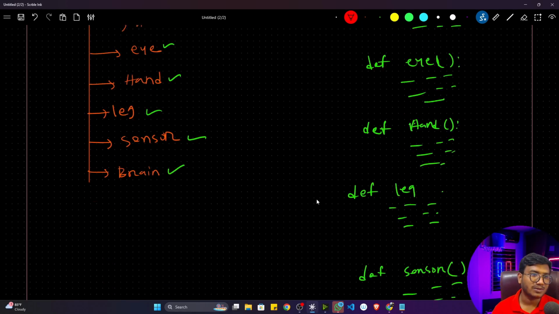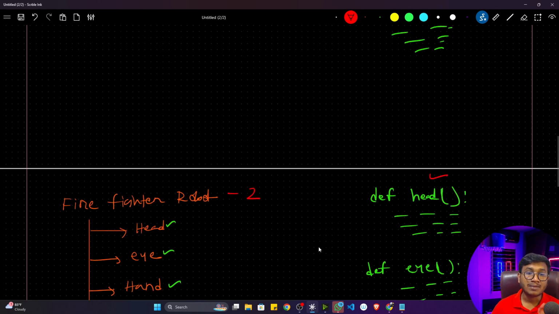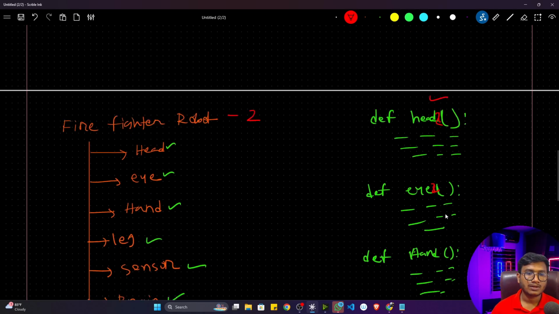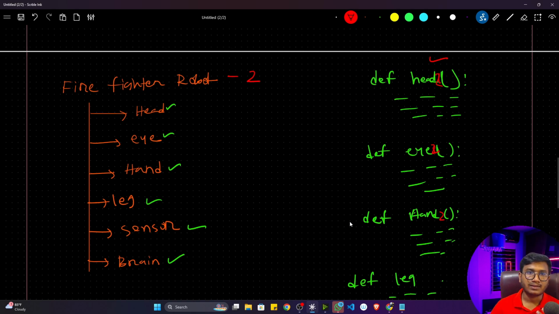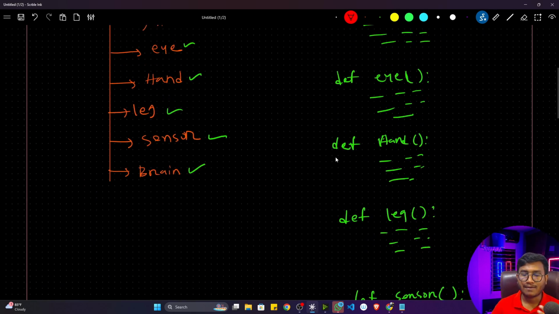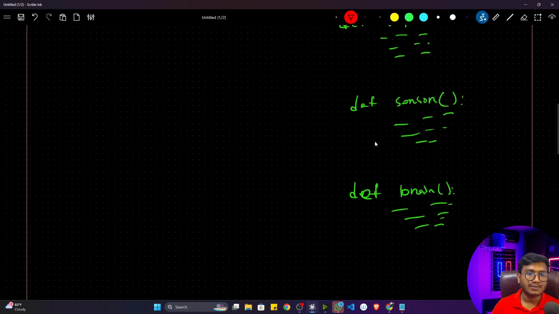Then I actually got stuck in this project and was thinking how I can solve this problem statement, because I have to repeat this function again inside one file. It's not possible here. I can mismatch the function names, let's say I'm giving head 1 or head 2, hand 2. That means this is the robot 2 related functionality. Let's say somehow I'm giving names in that way. So what will happen? I'm creating so many functions in just one file. Let's say after 6 months, my company will tell me to fix this particular function again. So what I have to do, I have to come here and check that particular function.